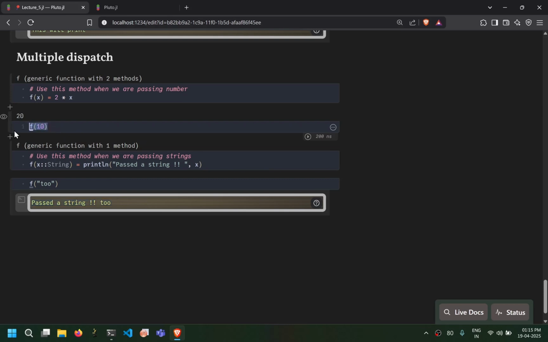So it will use the println command and do this printing. Now, when we are passing 10, it will again check whether we are passing a string. It will see that, okay, no, 10 is an Int64, so this is not the correct definition of the function. So it will fall back to the generic definition, which is not specifying any type of x, and it will just print 2 star x. So is this complete? We can check